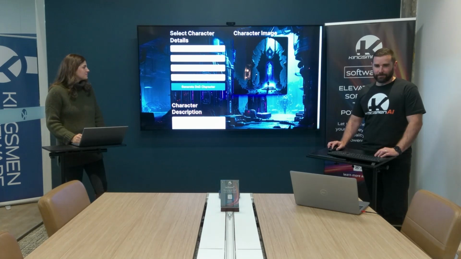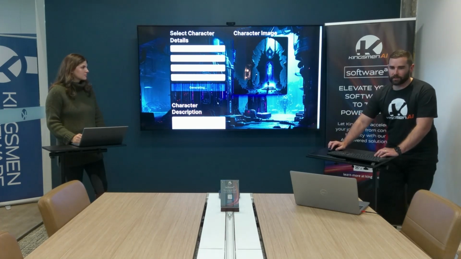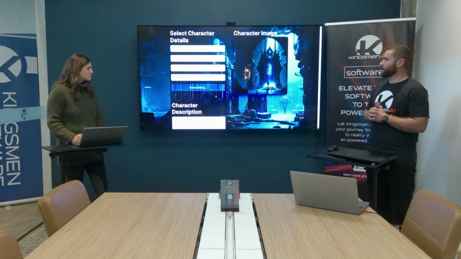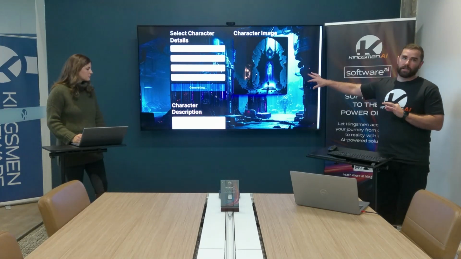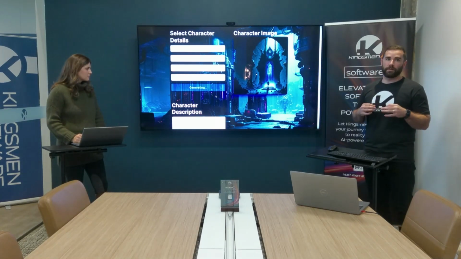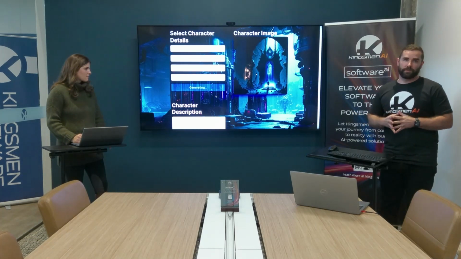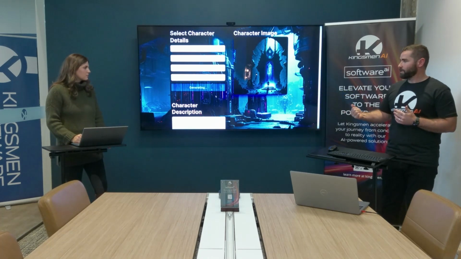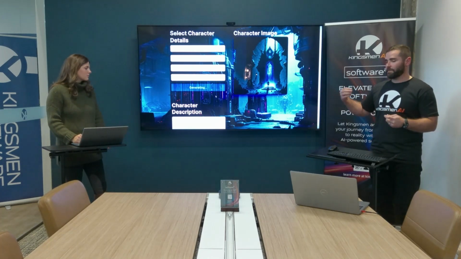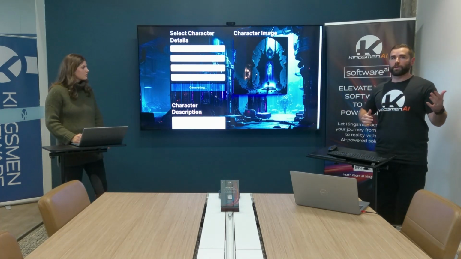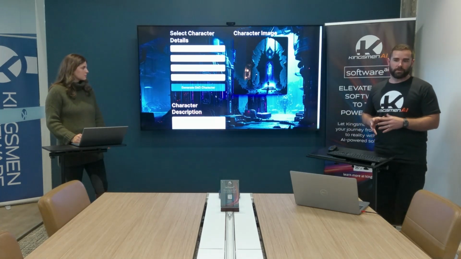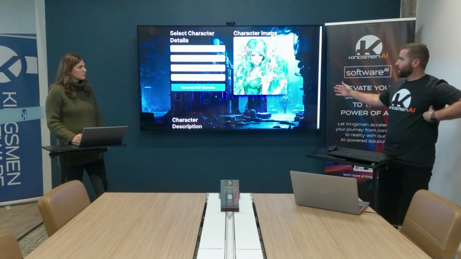All right, and then we're gonna use one click here to start the generation process. So in the background, while this is generating, we're sending those details in a prompt to our OpenAI GPT-3.5 model, which is gonna give us a character description and send us back all the details for the appearance of our character. And then we're gonna feed that into Stability AI's Stable Diffusion model to get an image created.